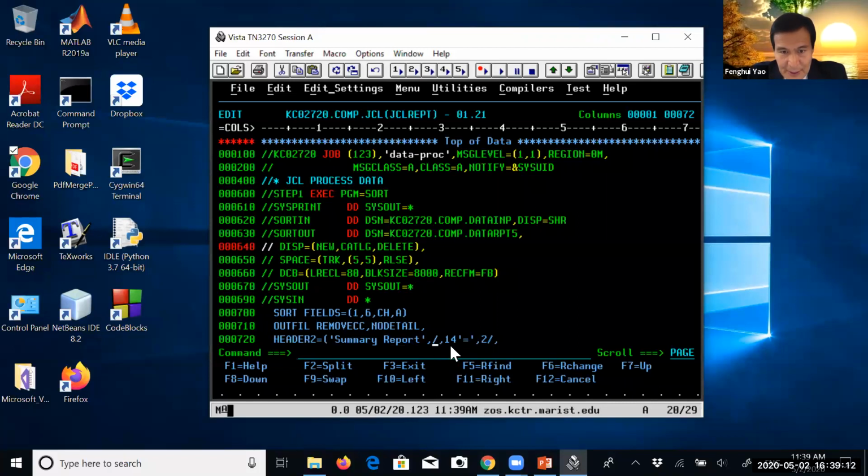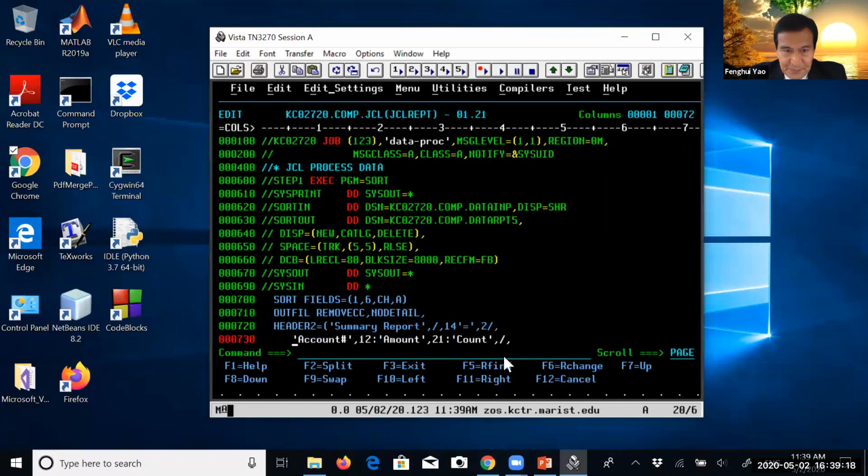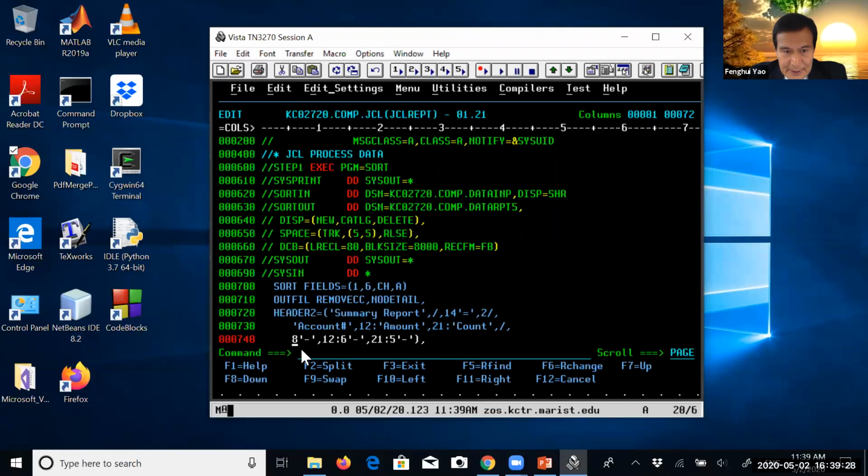Summary and then a new line, 14 equal signs, and then a new line, and then it will show account number, amount, then count. Then output 8 dashes at position 12, 6 dashes starting from position 21, 5 dashes,